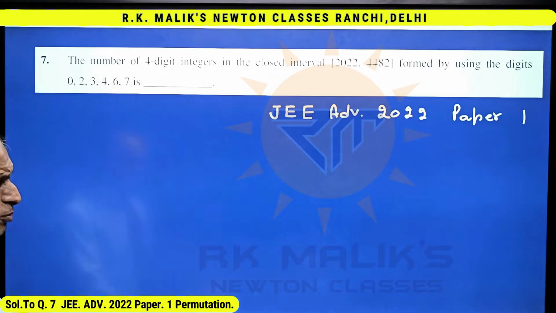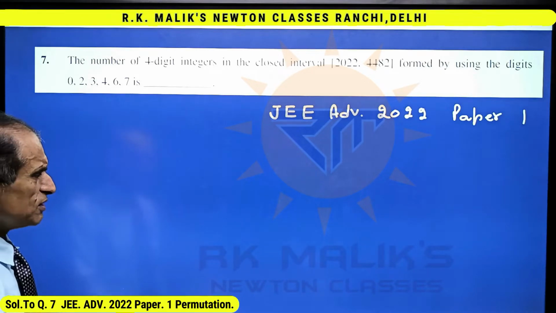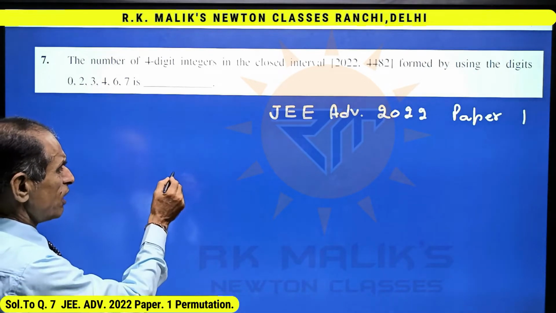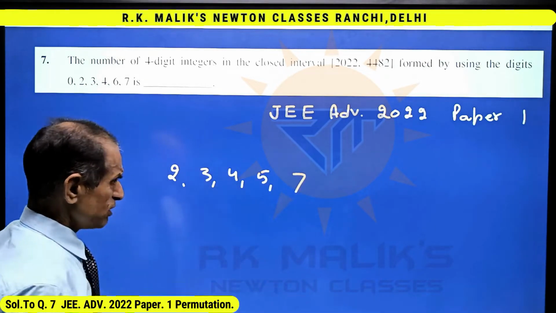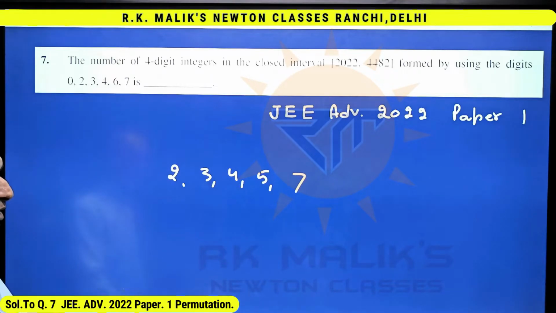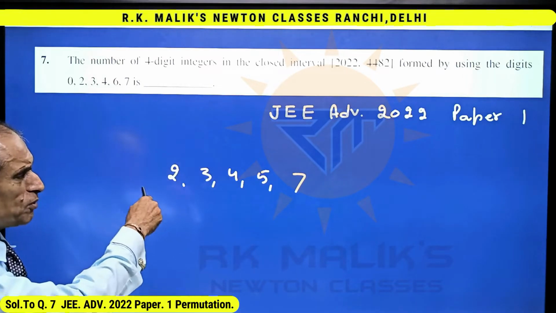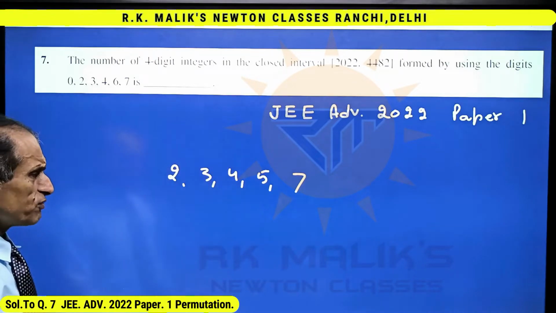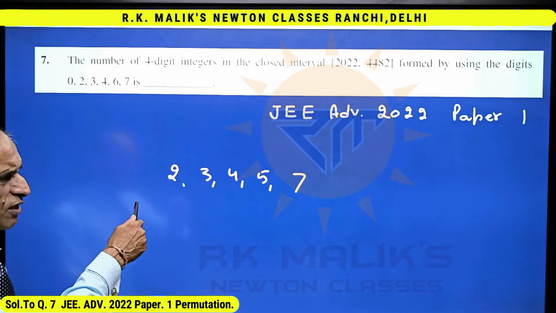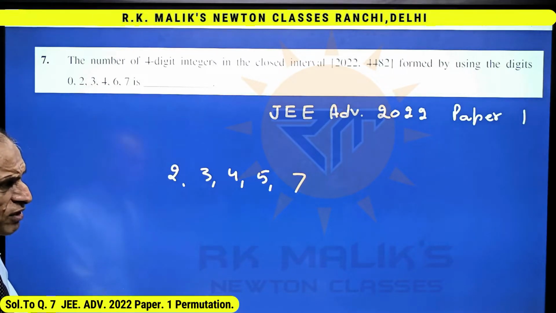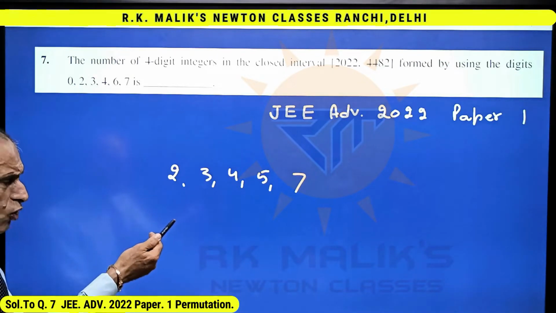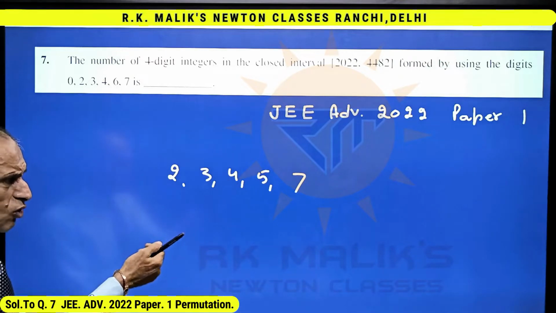For example, you must have done this type of question at board level, that for example the digits given are 2, 3, 4, 5, 7, and I make all possible 5-digit numbers with the help of these digits. One question will be there when repetition of digits is not allowed. Another question will be there when repetition of digits is allowed. If repetition of digits is not allowed, in that case obviously